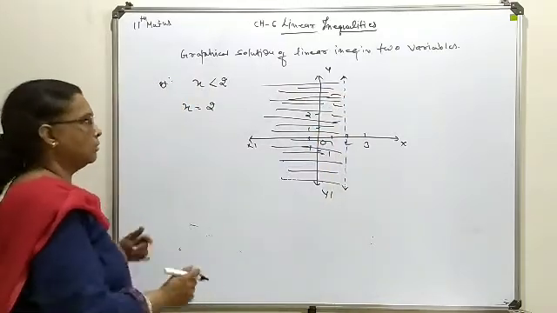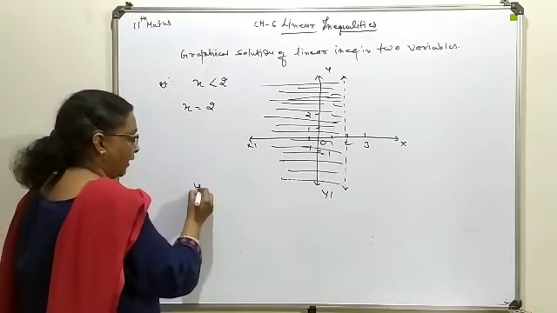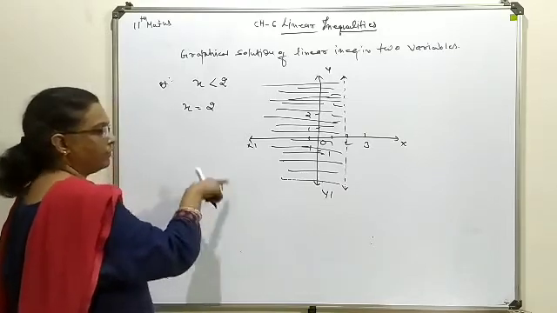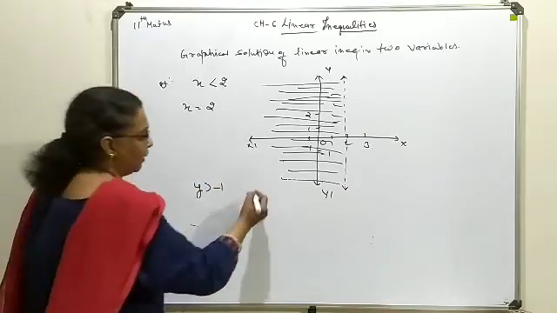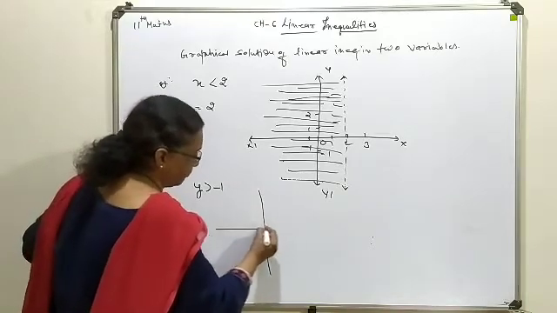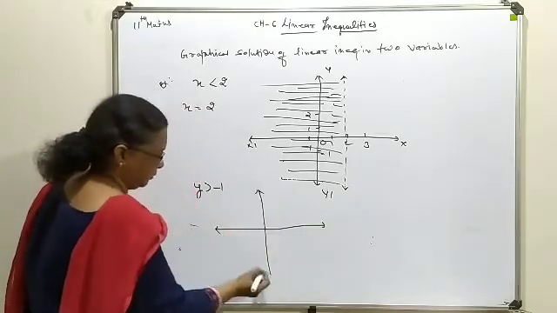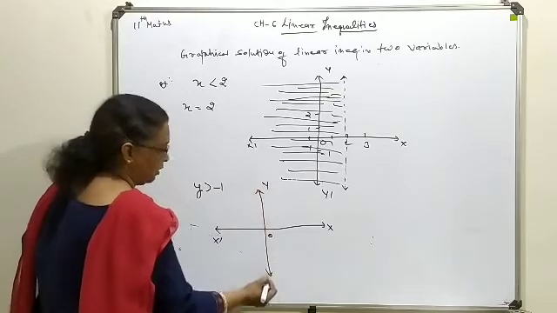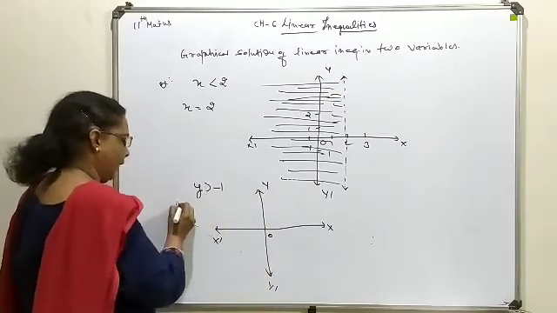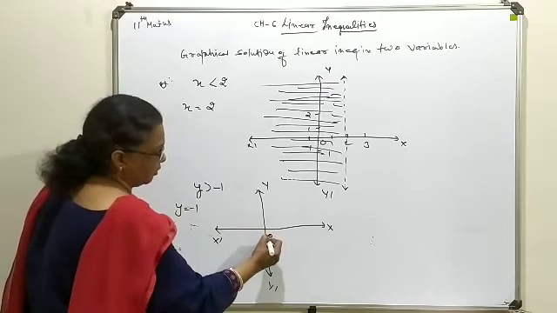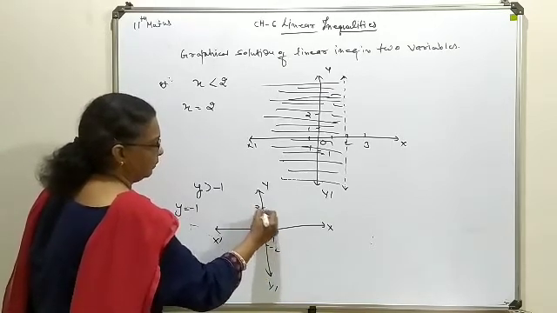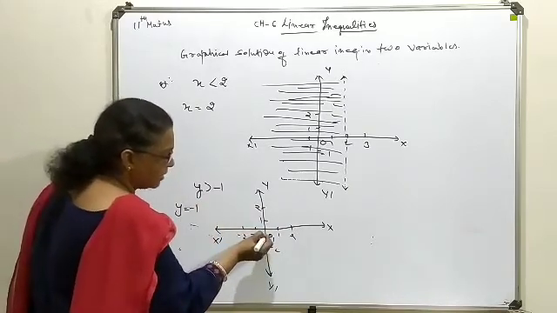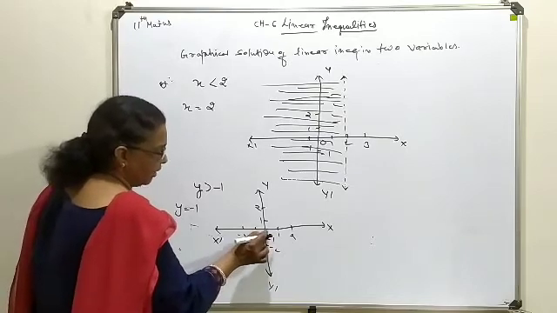Now it's reverse order you may also have. Suppose you are having y which is greater than minus 1. Suppose this way we are having the inequality. So how is it to be shaded? This is the origin, x, x dash, y and y dash. Now what is the line? y is equal to minus 1. So this is your minus 1, minus 2. This is plus 1, plus 2. This is 1, 2 like that. This is minus 1, minus 2. y is equal to minus 1. That means here you have to draw a line.